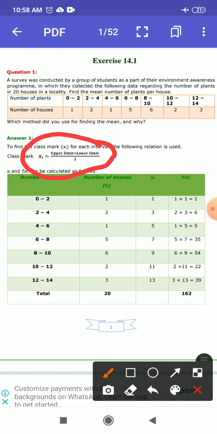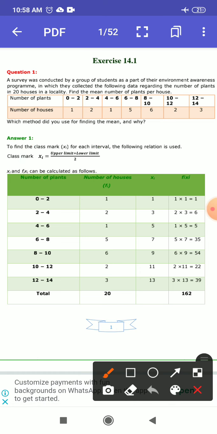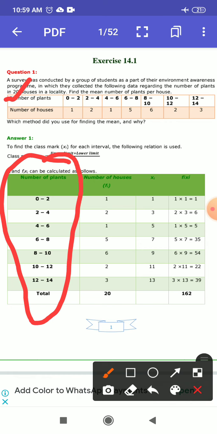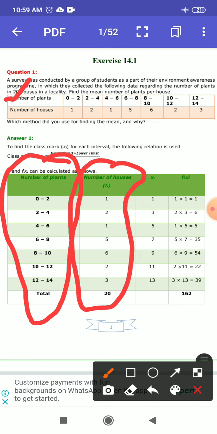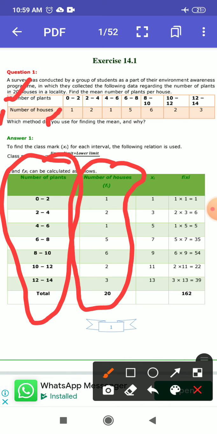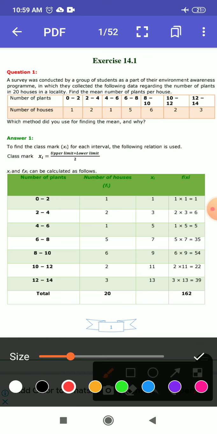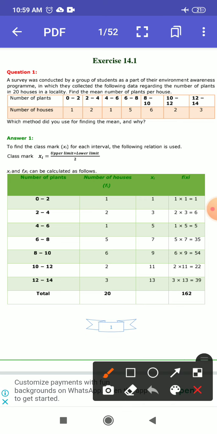Okay. Here you know this is your number of plants. Here this is given. Now we have to write the number of houses. This is the number of houses. Here this value is given. This is the value of number of houses. Okay. So these things help to calculate the number of houses here. Okay. And then after you have to do this work. So you have to see number of plants.